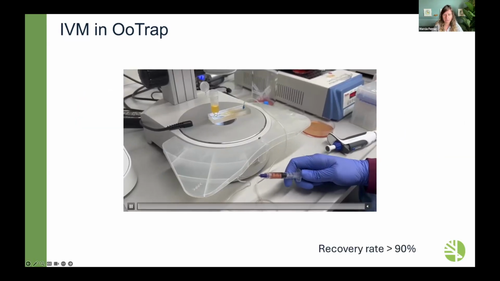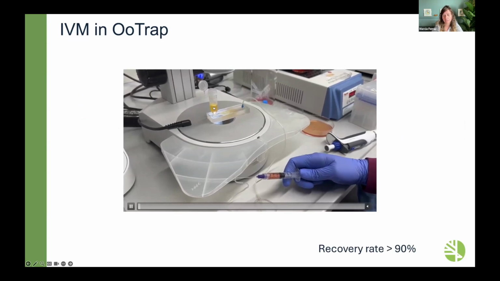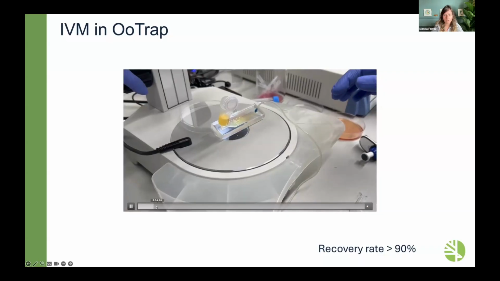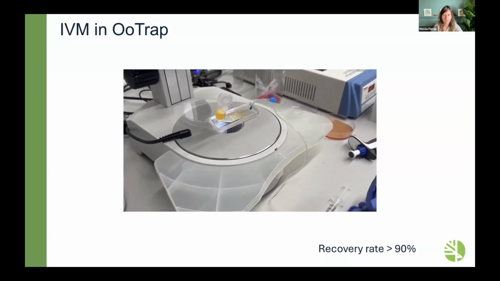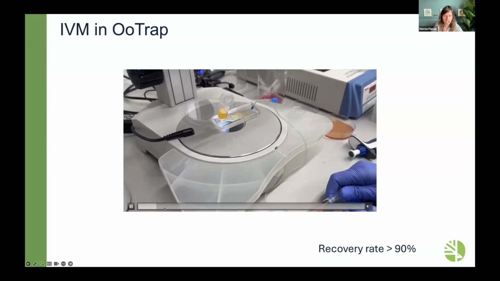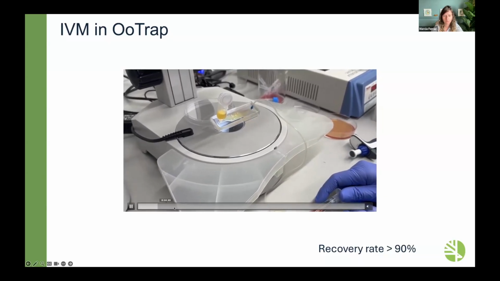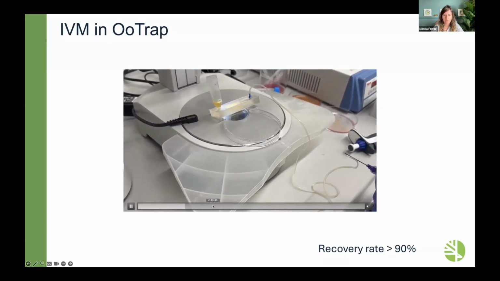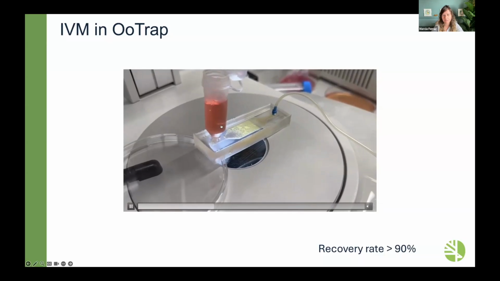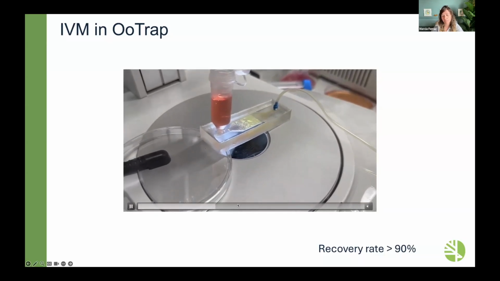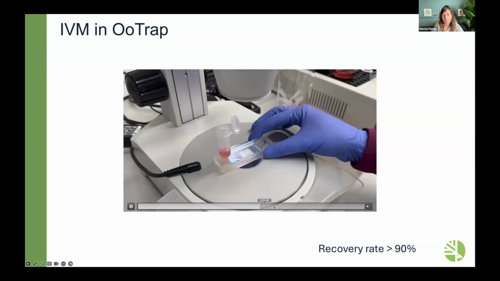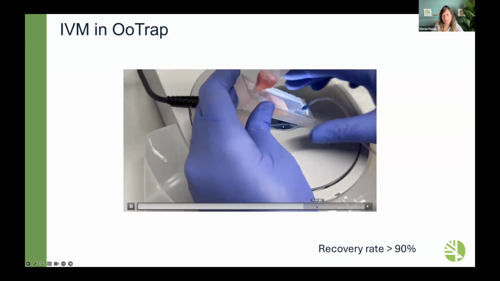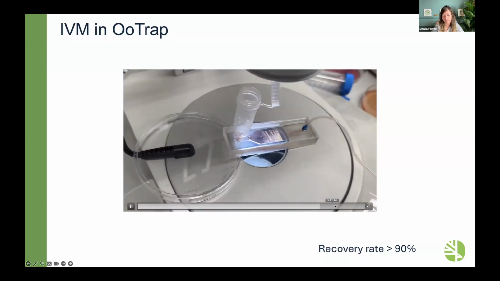So here's just a quick video of how the device looks. Here in yellow is the follicular fluid. We basically just grab that in. We move that sideways a little bit so the oocytes don't just get stuck in the middle, and it also helps remove some of the debris. From both sides, and after all the follicular fluid is in, we can add the wash media and then wash away. Then we can change to maturation media and